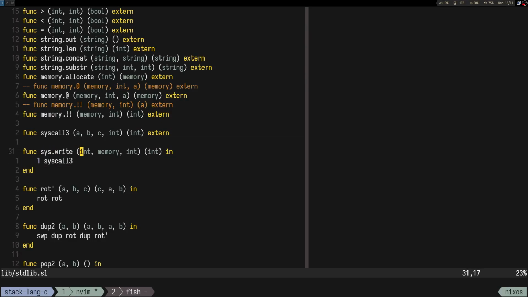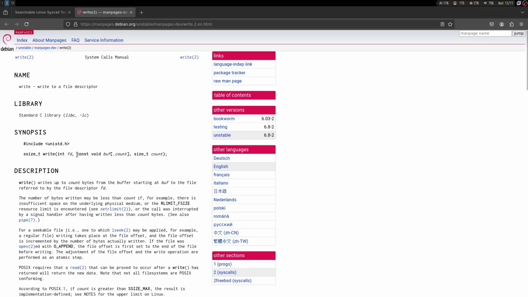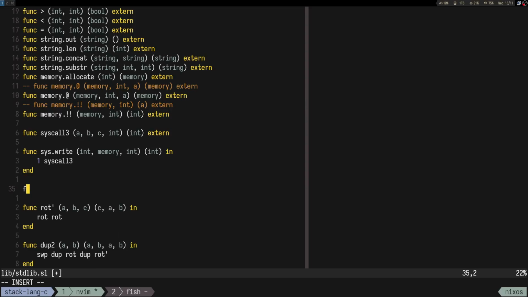It's like file descriptor, the buffer that's shown, okay, in write, and then the count. But a nicer function would be like string.write, right? And this one, let's say it still takes the file descriptor and the string,